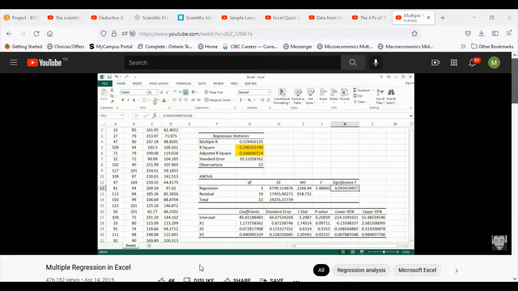Here is the p-value for the overall F-test. Here are the coefficients, the intercept, and the slopes. Here is the p-value for the partial slopes. We'll use those to do the individual partial slope t-tests. Okay, and a lot of this other stuff is very informative, but